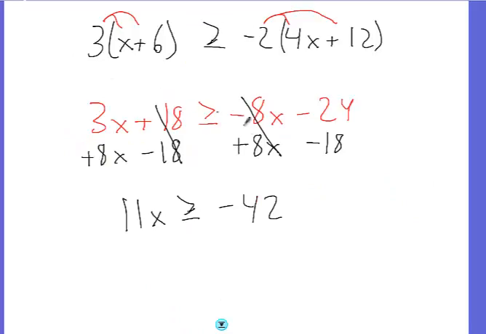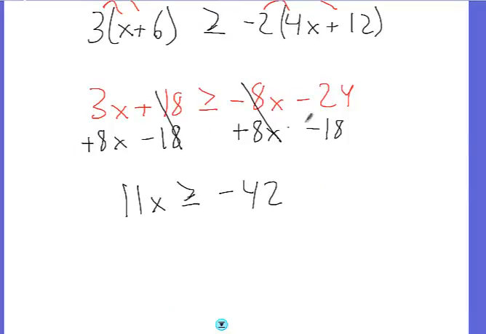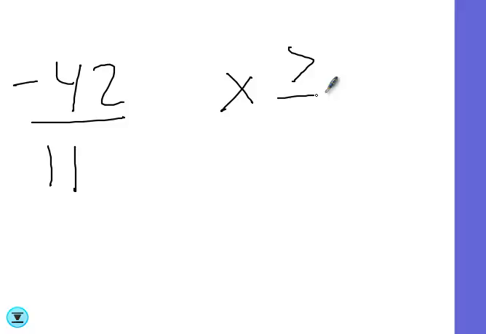A lot of kids flip this inequality symbol because you subtracted a number from both sides. But you only flip the inequality symbol when you divide or multiply by a negative. And that's something you need to stay certain of. So here we divide both sides by 11, and you get x is greater than or equal to negative 42